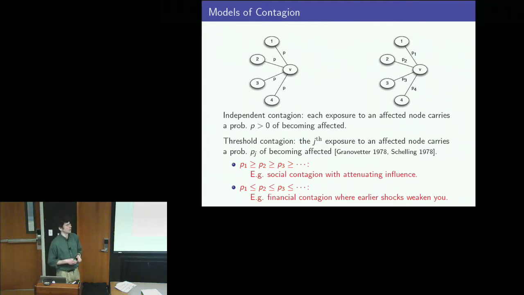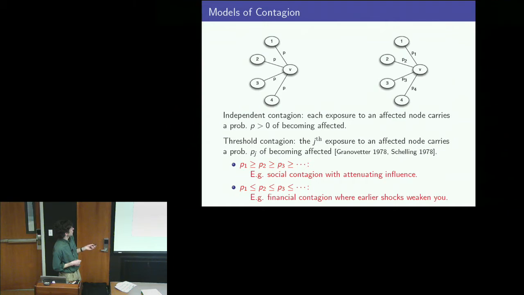Right? So if I look at V over the course of successive exposures, it's like it's getting exposed to repeated coin flips. And if it gets infected, it then has a chance to infect some neighbors downstream here. Starting in the bunch of work in the 70s, and this was sort of implicit in one of my slides from last night, there was this idea of what I'll call threshold contagion. I'll call it threshold contagion for a reason that'll become more apparent on the next slide. Right now, let's just call it non-uniform contagion,